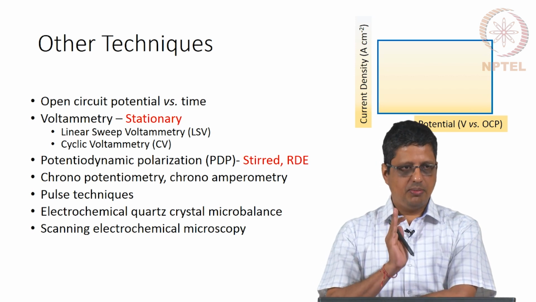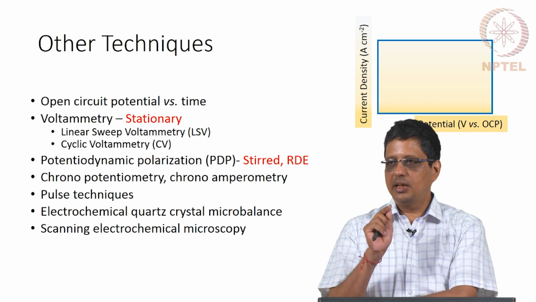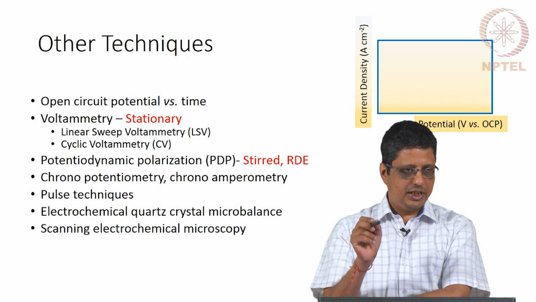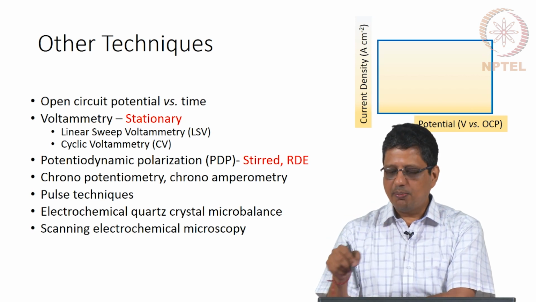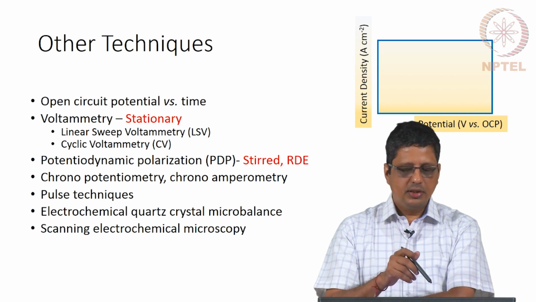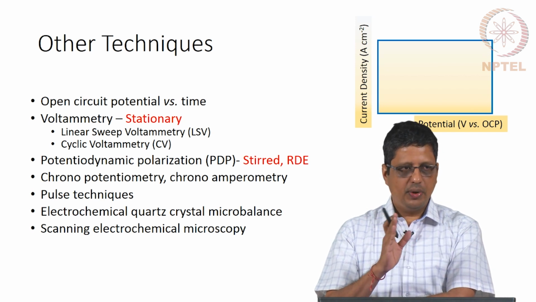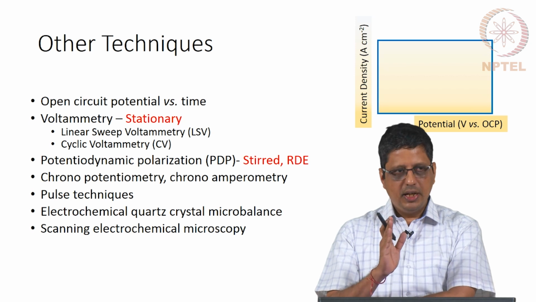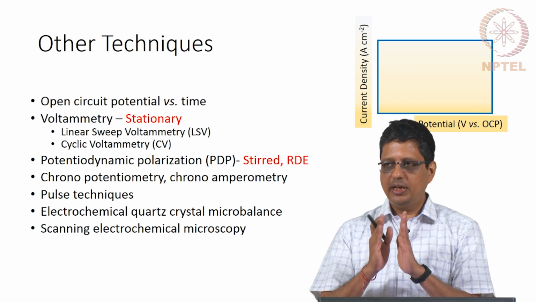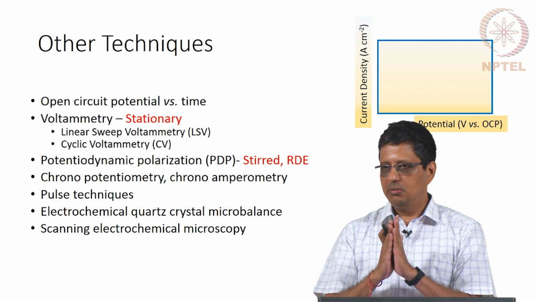Now, I want you to remember this. If you take an instrument and select LSV or cyclic voltammetry, the instrument will change the potential, measure the current and plot in a particular format, usually this format. If you want to interpret the system, meaning the electrode and liquid, they have to be stationary. Meaning for cyclic voltammetric interpretation, the liquid should not be moving, the electrode is not rotating, it is a stationary electrode.